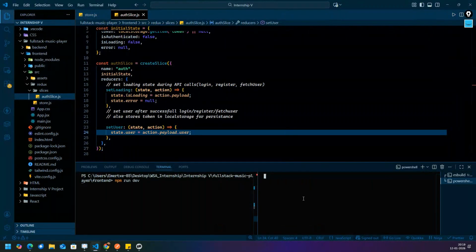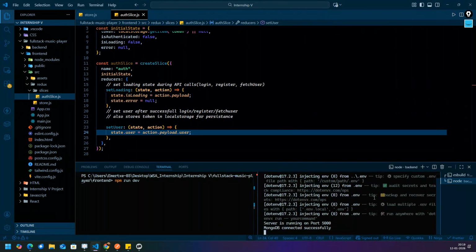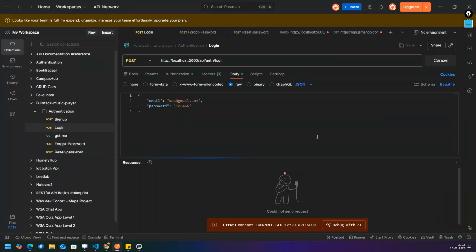Split the terminal. When you split the terminal, it is again coming front end. You have to go to the backend. So cd double dot, fine, and cd backend you have to write. Okay. Now what you have to do? npm run development. Fine. So you will see that the server is running on port 5000. Very good. Okay, now send it.